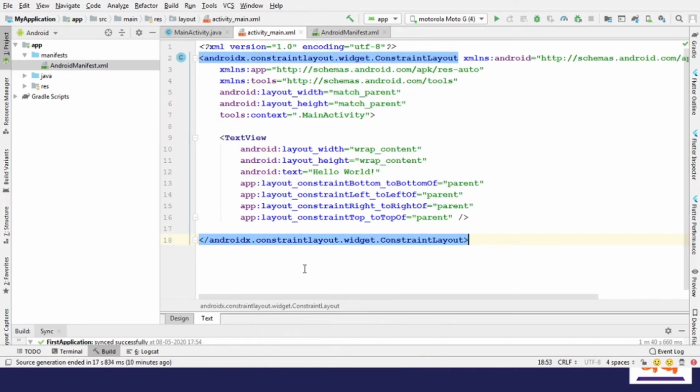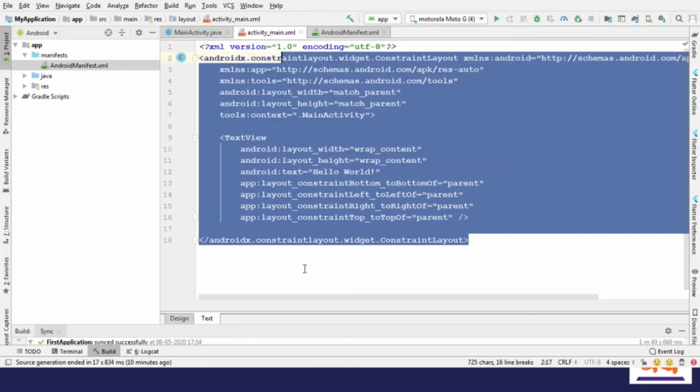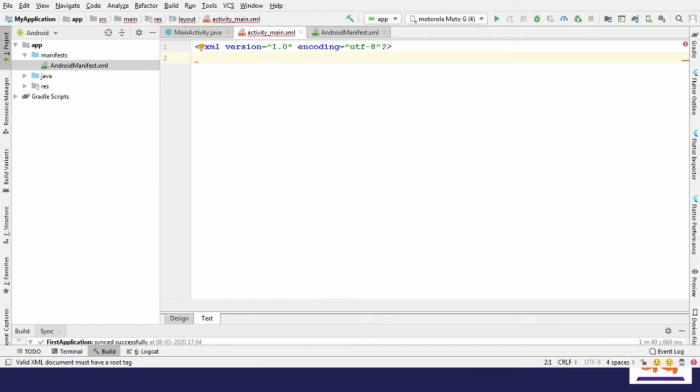This is my UI file. For now I am going to remove all the code from this file. In this project we are going to create a simple Android application which will simply display a message hello world. For that I am going to use linear layout. For each component we are going to use in UI XML file, we must need two properties.